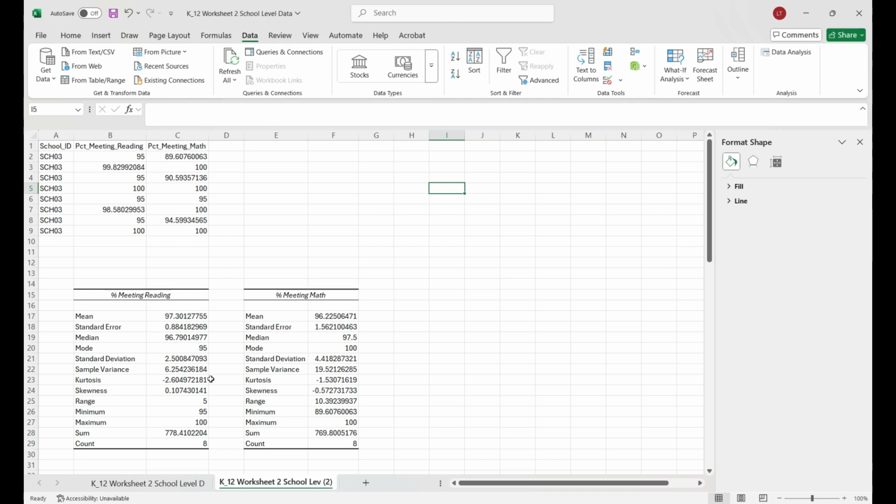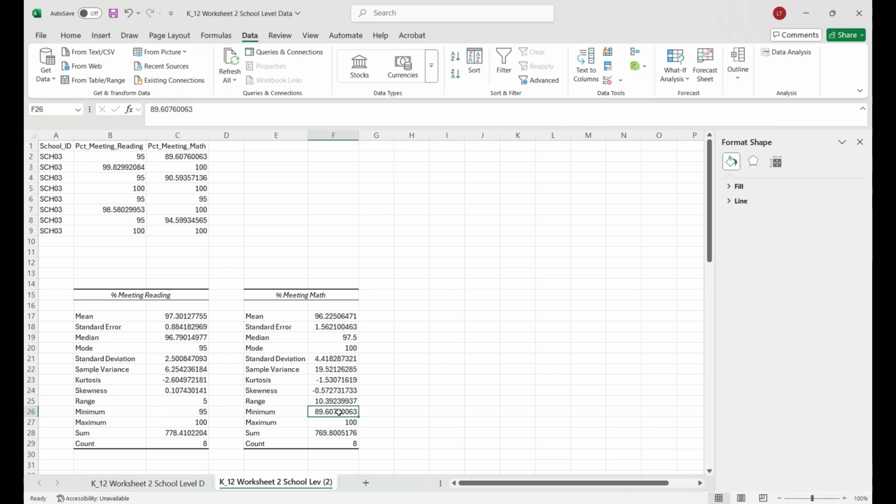We can see that the range is small really for both of these. When you look at test scores, it's a tight range, and so when we look at our box and whisker, we should assume that we're going to see something similar, a small range. We can also see that the skew is relatively low for reading, which suggests that the data is pretty symmetrical. There's not really a lot of outliers, and we can kind of see that just by looking at the data here. 100 on the max and 95 on the min,